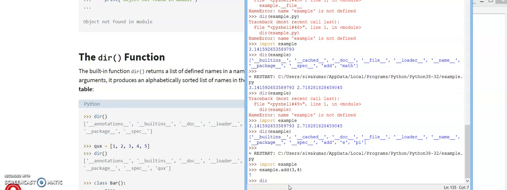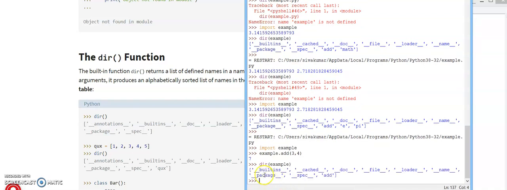Here I'm using the dir function. Within the dir function, I'm giving the module name as an input. So here it will show all the names in your namespace. My namespace is now equal to the module name. A namespace is nothing but the space created to execute your program. In that, all the variables and all your function code are stored. So here add is my function.